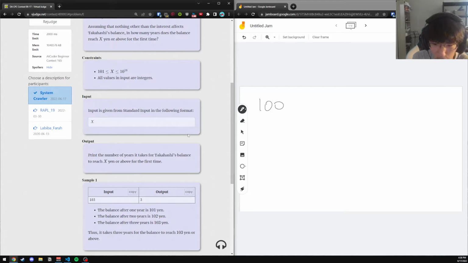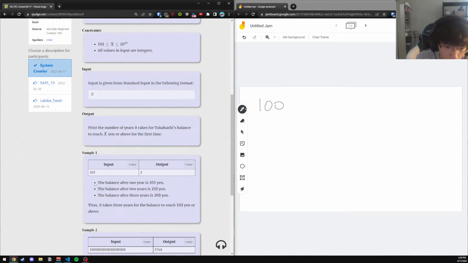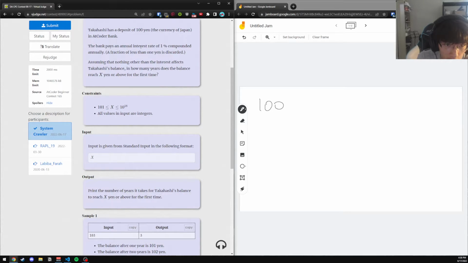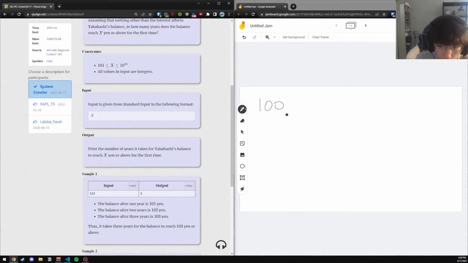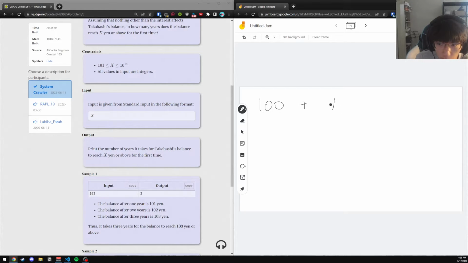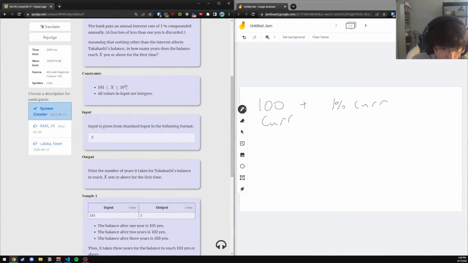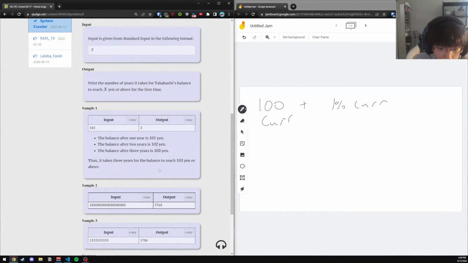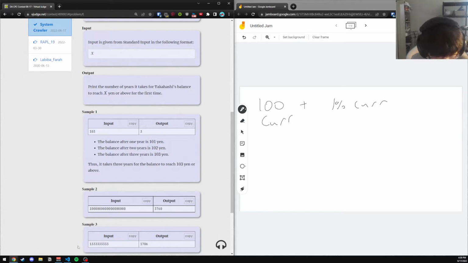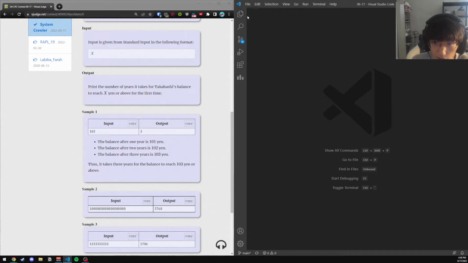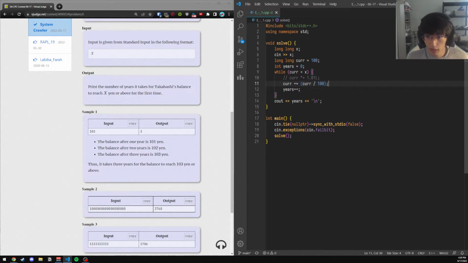So compound interest, this is really interesting, but important to note, a fraction of less than 1 yen is discarded. So after 1 year, we add 1% of the current number. So we have the current number, and then we add 1% of the current number. And we just keep on doing this in a while loop. And it seems easy, but you might get large numbers, so up to 10 to the 18. And then the other pitfall is that there's actually a really weird edge case that I'm going to mention as well. So E,